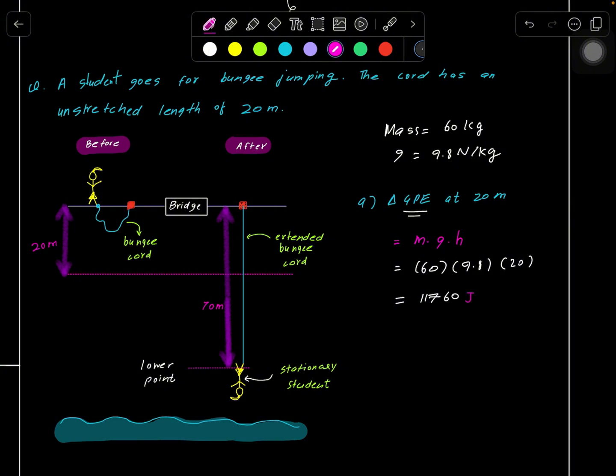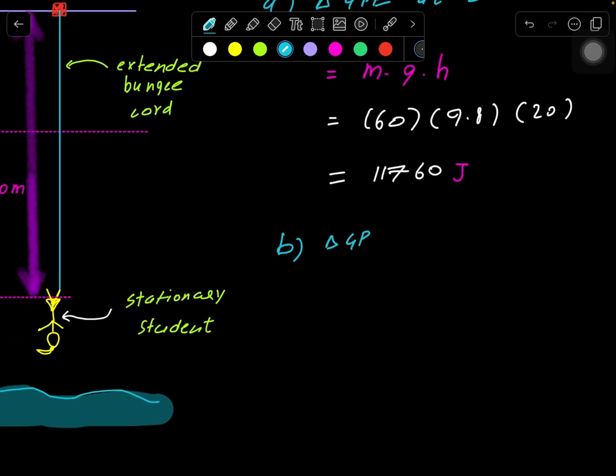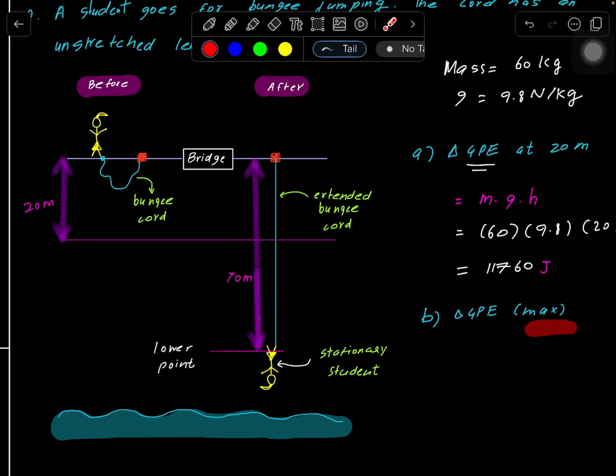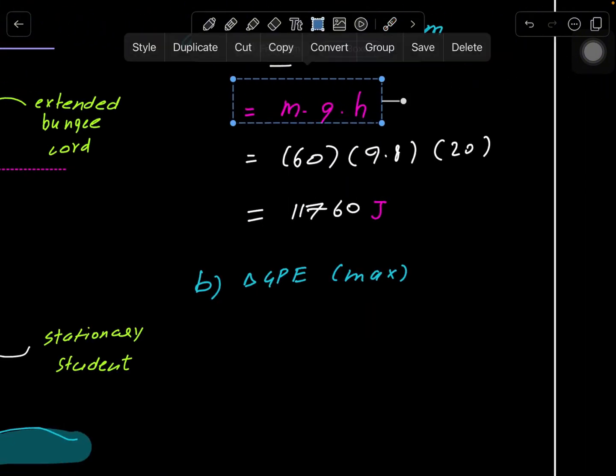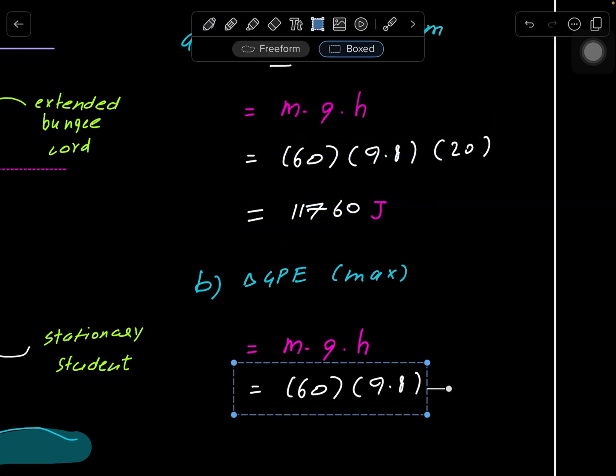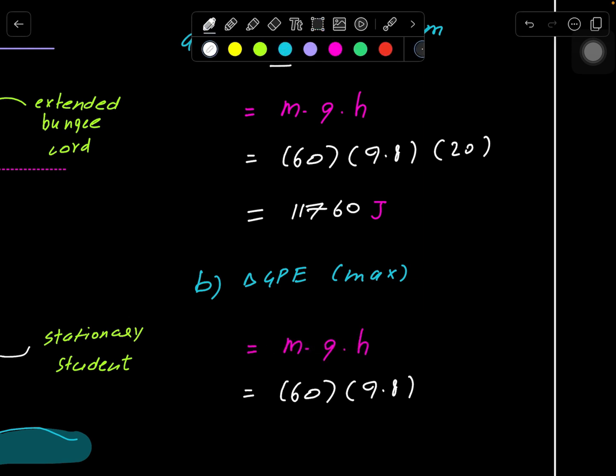Alright, the next part asks you to find out the maximum change in the gravitational potential energy. Now, maximum gravitational potential energy is when the height is maximum. And you see height of 70 meters when the bungee cord is extended to the maximum position is when the height is maximum. So you will use the same formula, mgh, and plug in values into this formula. The mass and the value of g is the same, and the height this time is 70 meters. And we have 41160